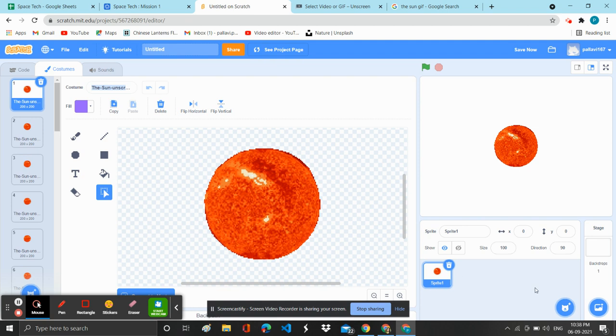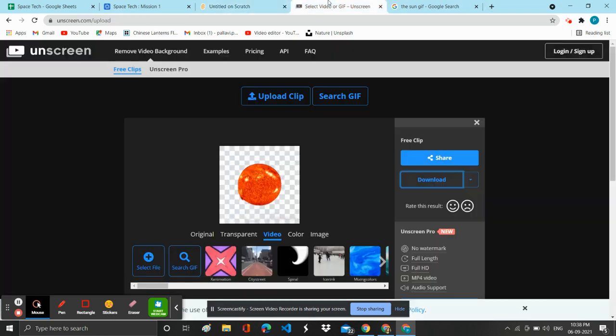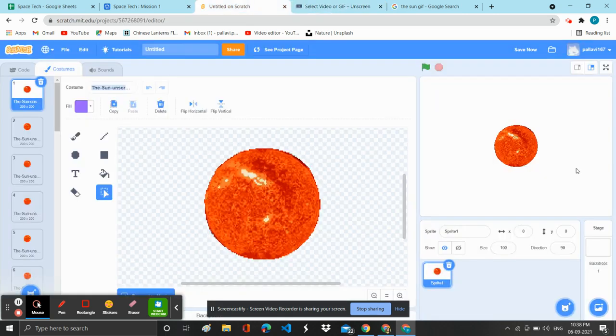Make sure that you get a GIF so that it looks a little bit realistic when it spins around itself while orbiting the sun. And do not forget to remove the backgrounds using this link, because later on we'll be adding a starry night background for our project. That's when we want these images to not conflict with each other, so it's better that the images have a clean background.